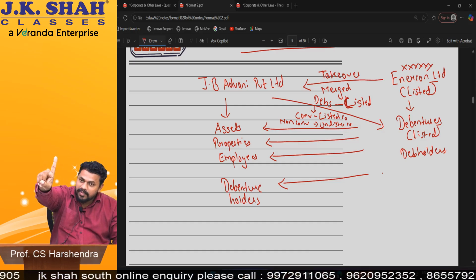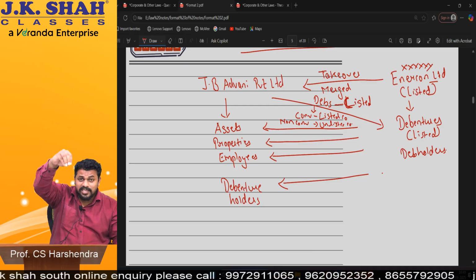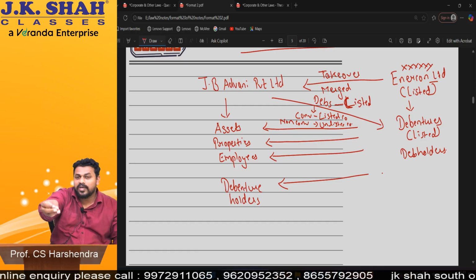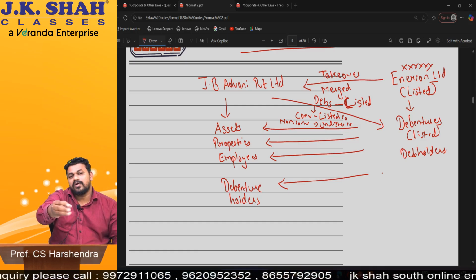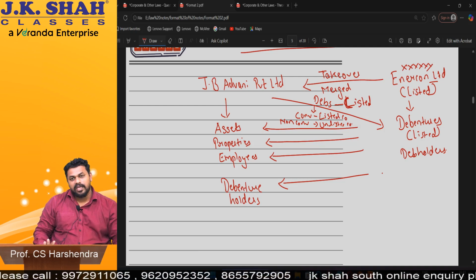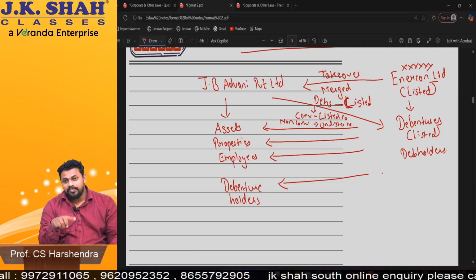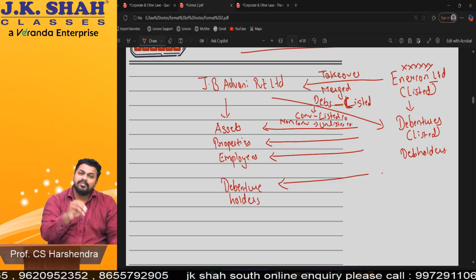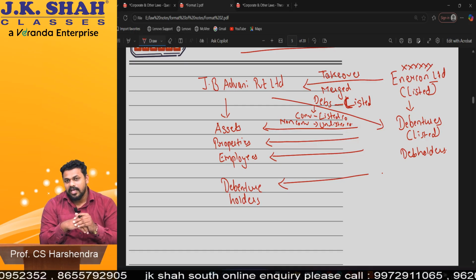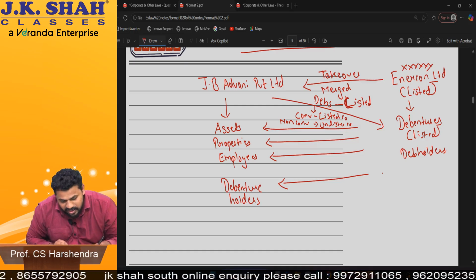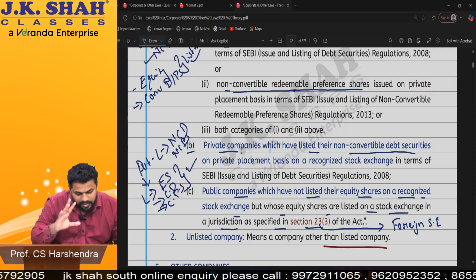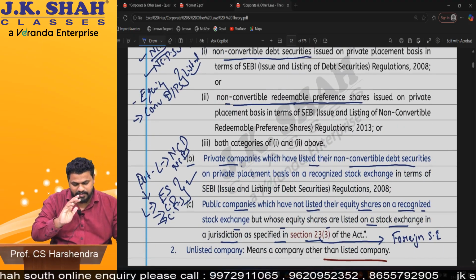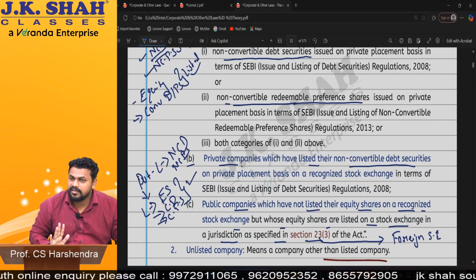So what did we understand beta from this definition of listed companies? If my company is a public company or a private company which has listed equity shares or convertible securities on a recognized stock exchange in India, then only that company will be called a listed company. So can a private company be a listed company? Actually a private company as a whole will not be listed, but only some securities of the private company will be listed because of takeovers and mergers. Am I clear? That is nothing but a listed company, and any company which is not listed is an unlisted company. Clear everyone? Perfect? Great.